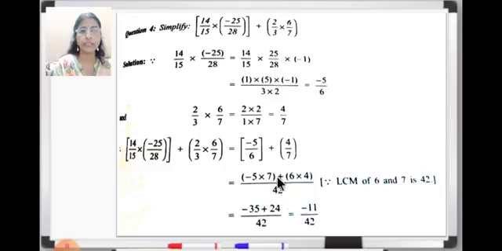And then we'll cross multiply minus 5 into 7. Or you can equalize the denominator, that method also you can do: 6 into 7, and here also you multiply by 7. It is the same only: minus 5 into 7 plus 4 into 6. Then 7 5s are 35, minus 35 plus 24 upon 42. When you solve this, you will get minus 11 upon 42. You can do it by any of the methods, and you will get the same answer.